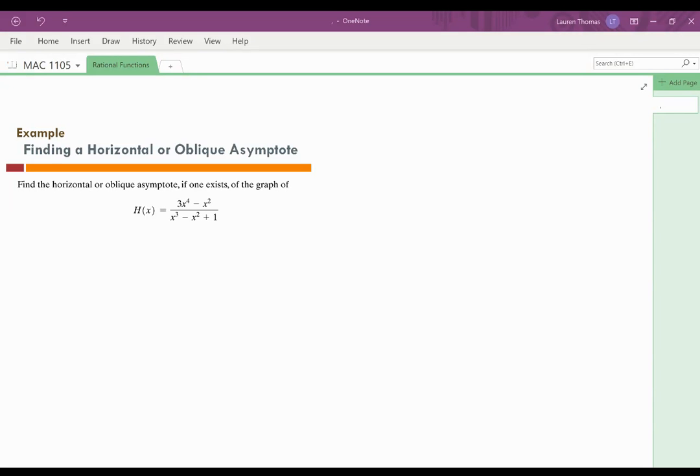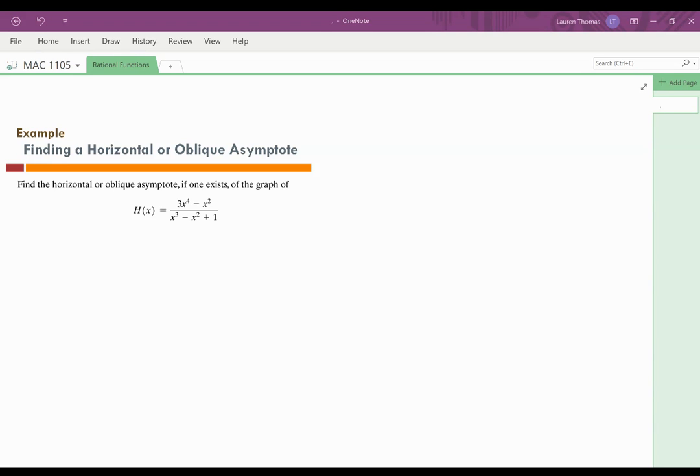Okay. So remember, in order to find your vertical asymptotes, you set your denominator equal to 0. You guys are good on that. But remember, the difference between an oblique asymptote and a horizontal asymptote is where the larger degree is. So if we look at this problem that they've given us, h of x equals 3x to the fourth minus x squared over x cubed minus x squared plus 1, we can see that the larger degree is in the